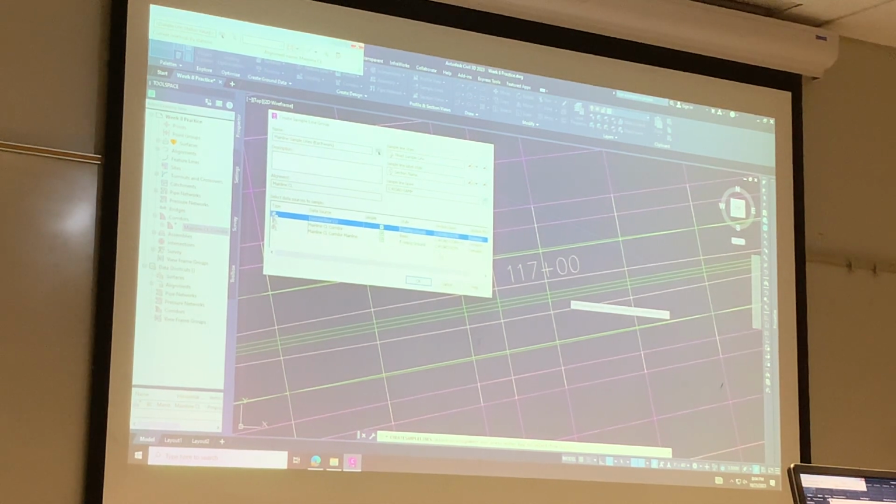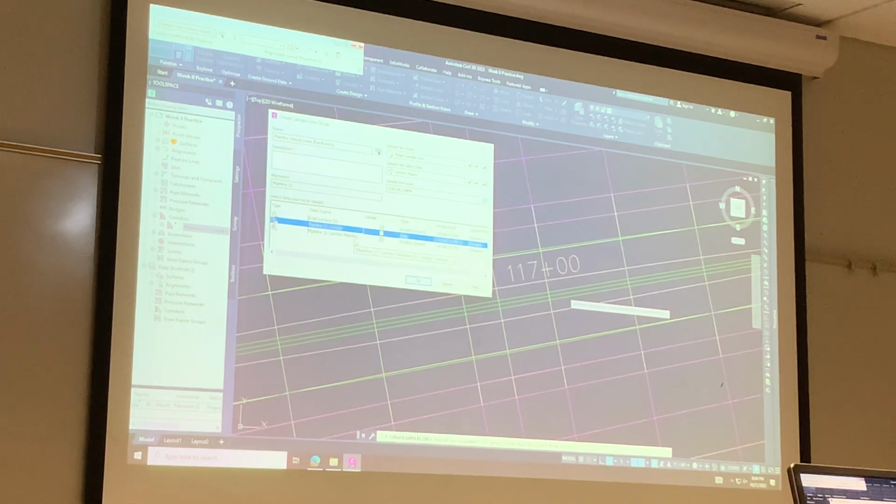We might not necessarily need to have the main line center line corridor checked because we also already have the corridor surface checked, so maybe I'll try unchecking that. We'll see what happens. This is us saying which surfaces we want to measure between. So if we click OK,